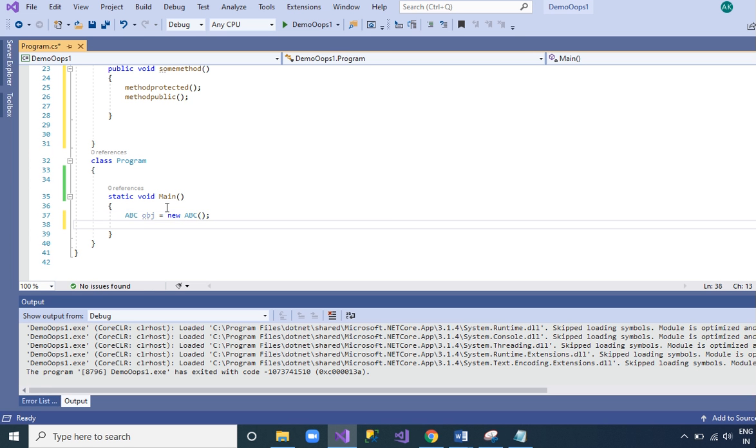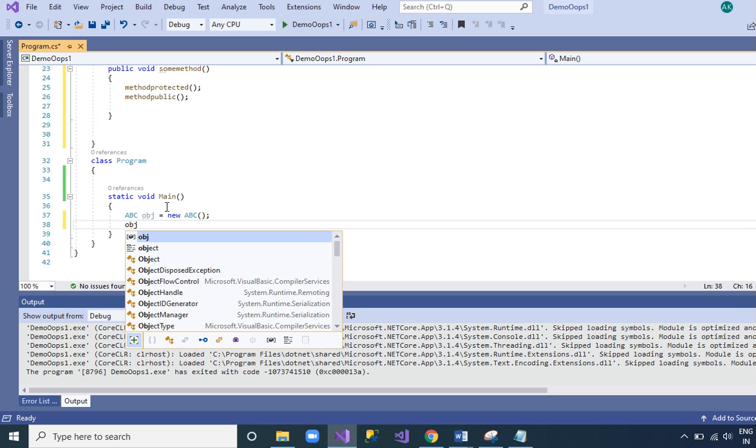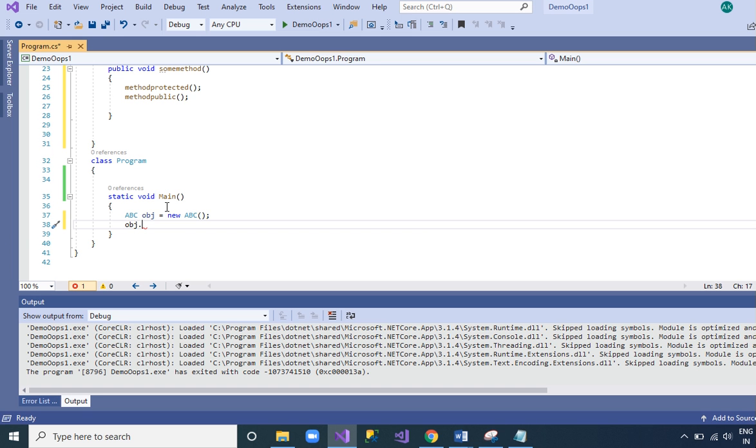Now with this object, object dot, you can see that only method public is accessible outside of the class.